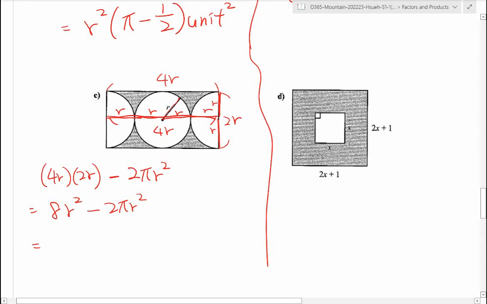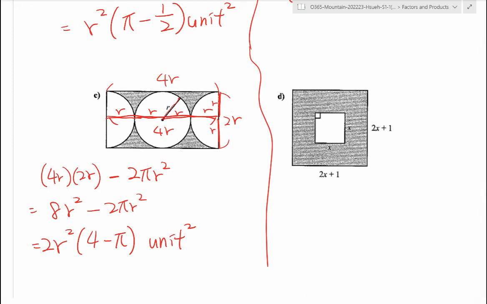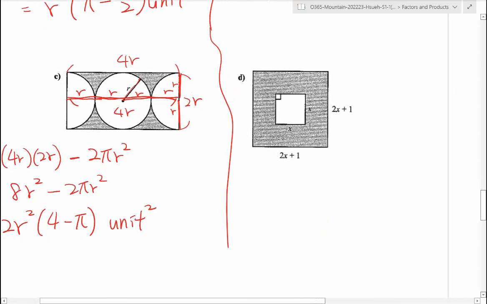Then we can simply factor out the common factor of r squared. Actually, we can factor out 2 as well. So it's going to be 2r squared times (4 minus pi) square units. You can actually factor out 2r squared. That is your greatest common factor. Okay, that's fine. For part D, similarly, we need to find the area of the bigger square, which is (2x